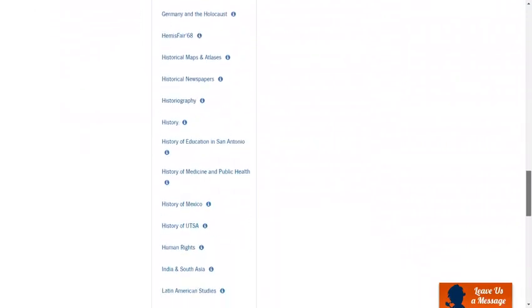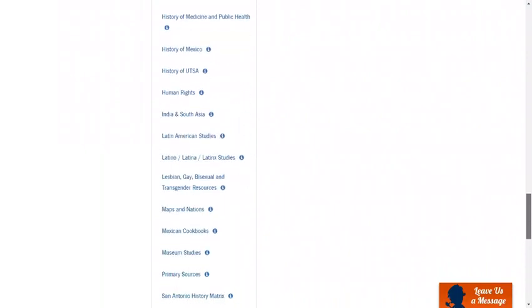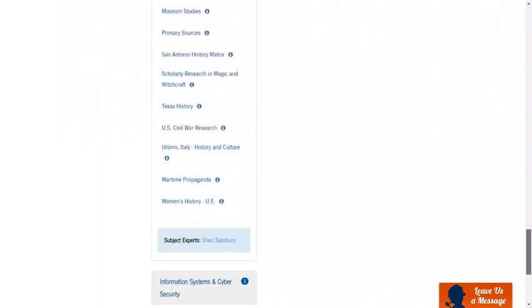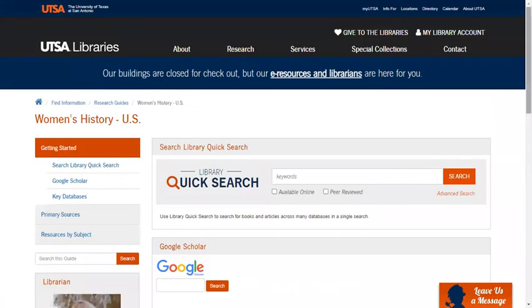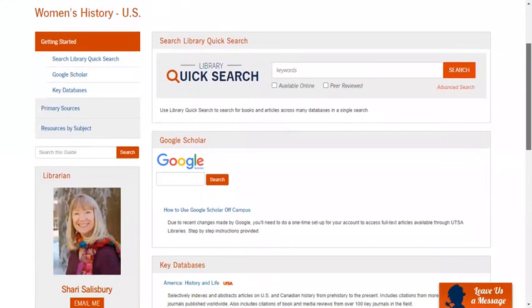I'm going to scroll all the way down until we get to the one for women's history, because that's the one that is made specifically for your class. So here's the guide on women's history in the U.S., and this is the guide that will be most useful for your class. The way that these guides are organized is that you have the navigation over here on the